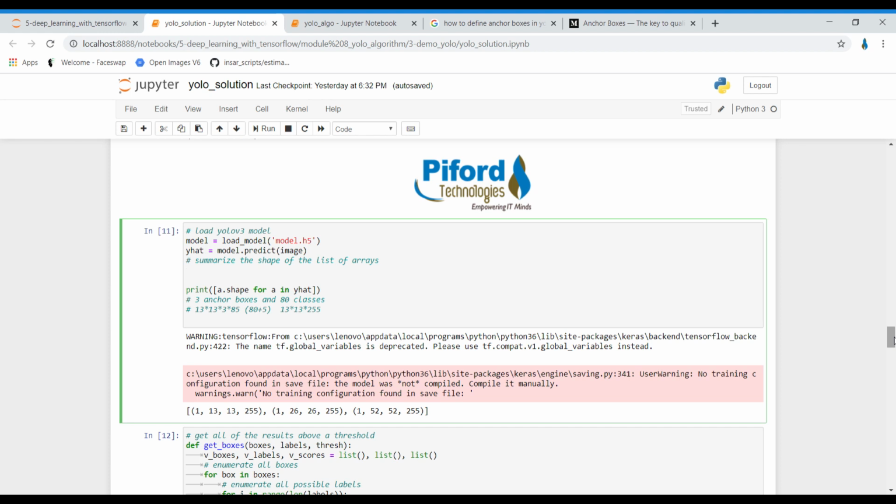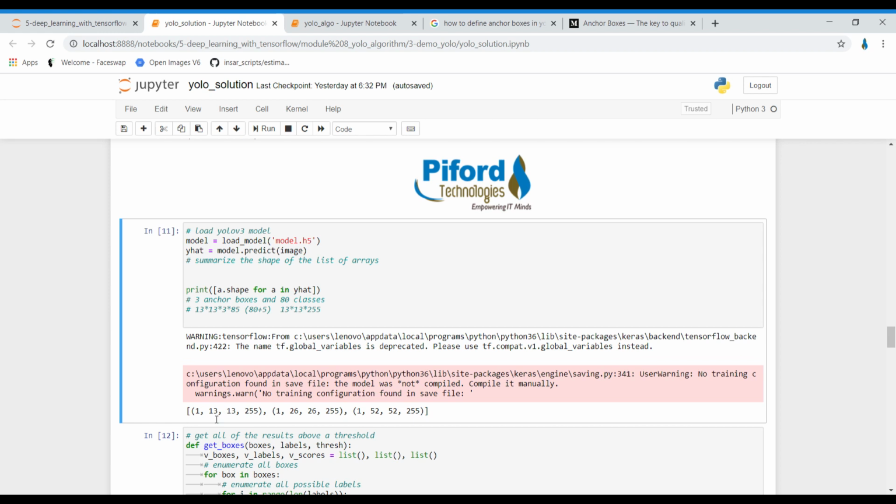So we will be getting three different results for three different scales. That's why I've used a loop over here, because we'll be getting three outputs. You'll see we are getting three outputs over here, which simply means output for the first scale, the second scale, and the third scale.